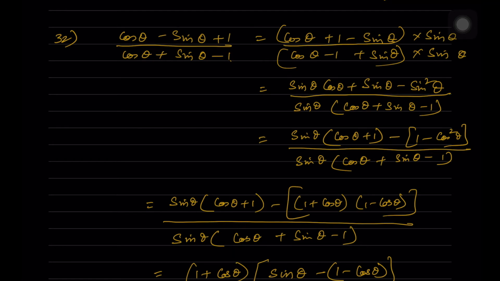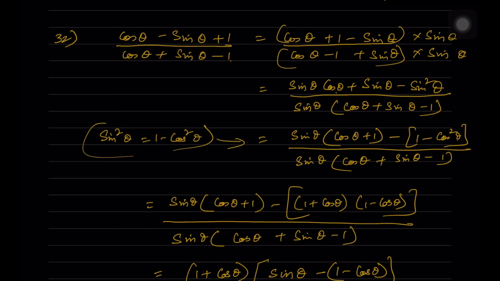So I took it inside in the first over the numerator. I got it as sin theta into cos theta plus sin theta minus sin square theta by sin theta into cos theta plus sin theta minus 1. Now what I did here is I took out sin theta common from these two. I wrote it as cos theta plus 1 here minus. Now this is 1. I can write sin square theta as 1 minus cos square theta. And the denominator as it is I have written here. So here I have written sin square theta is equal to 1 minus cos square theta. I have substituted in this equation.